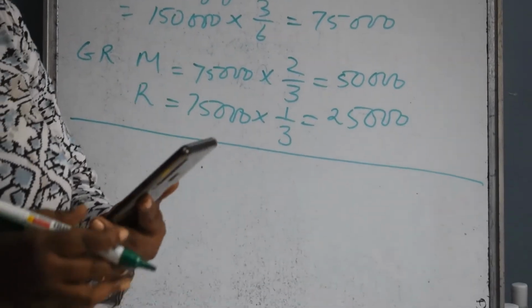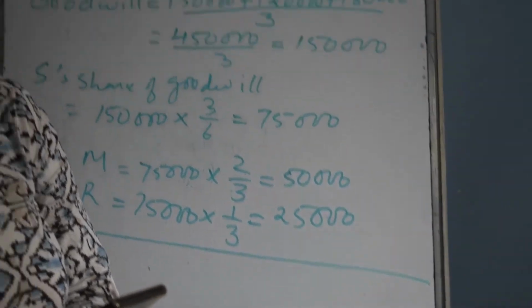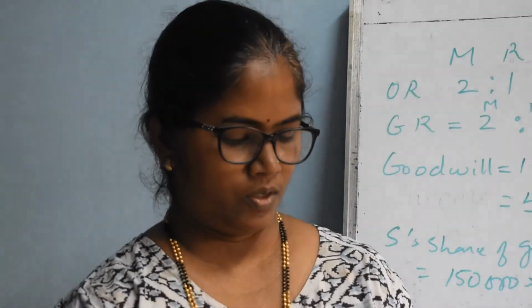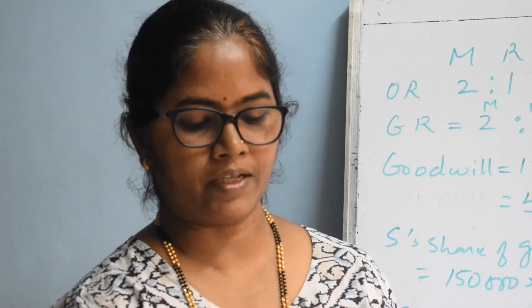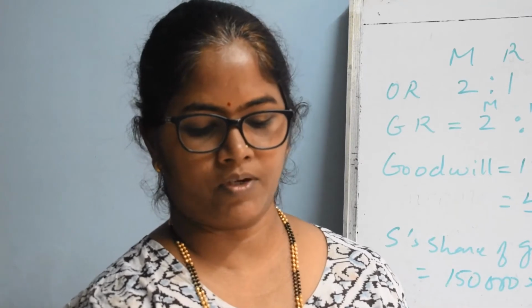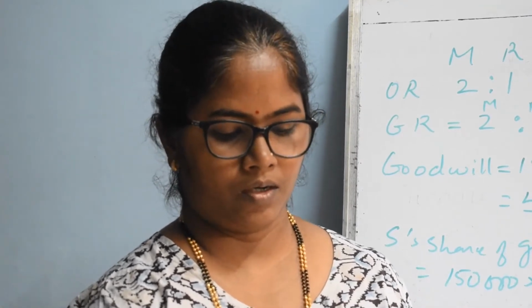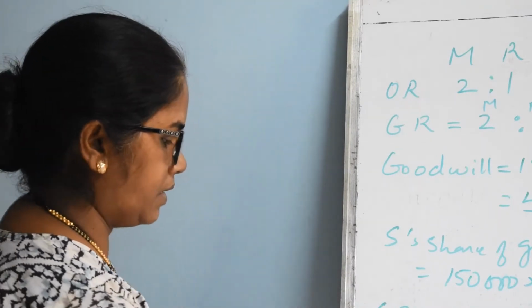The last adjustment is given as S's share of profit till the date of his retirement shall be calculated on the basis of previous year's profit. So you have to calculate S's share of profit. Now the previous year's profit is given in the previous adjustment for goodwill, for 3 years: March 2015, March 2016 and March 2017. So the previous year's profit will be 1,80,000. In the old balance sheet profit is not given, it is given in the third adjustment. So that profit we have to take, and in that we have to take out the retiring partner's share.